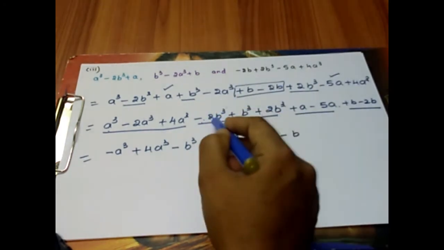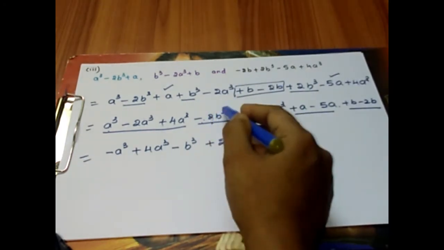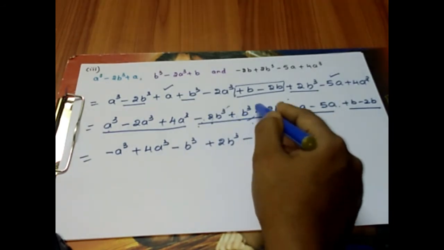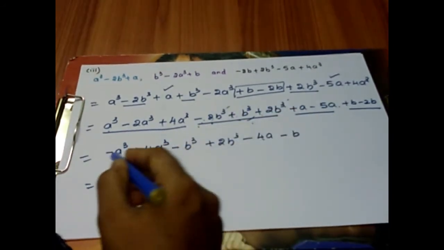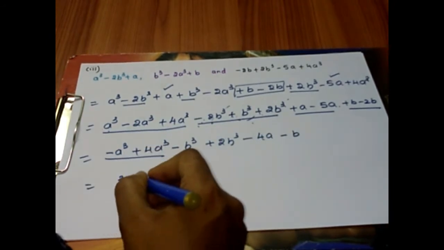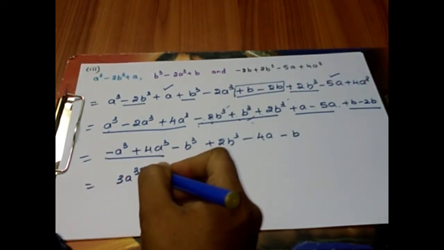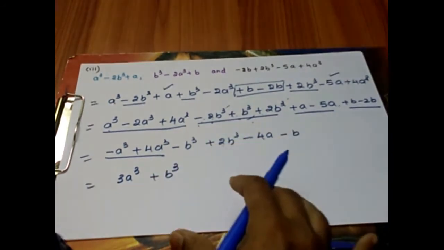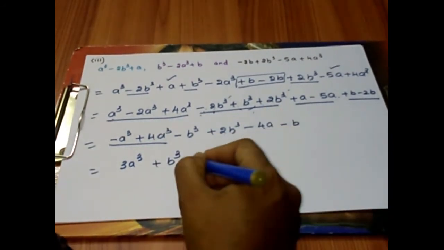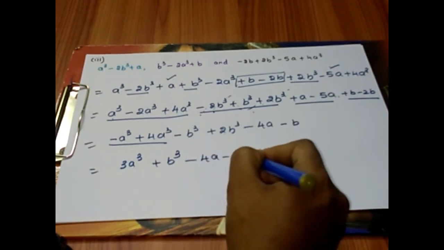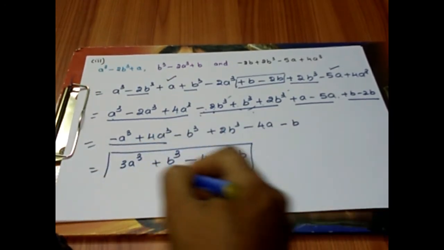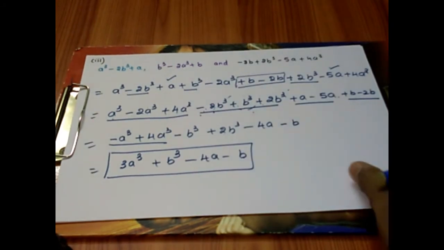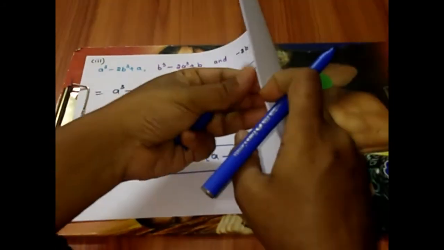So as it was a routine, I simplified these two, but you can cancel minus 2b cube plus 2b cube and take only b cube in the next step. Now 4 minus 1 is 3a cube. So 1 plus 1 minus, subtract, greater number is 2, so plus b cube. So I cannot simplify minus 4a and minus b. They are of different coefficients. They are unlike terms. So carry the term as it is. This is the solution for the second main.